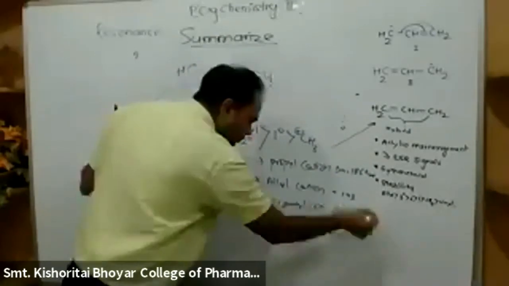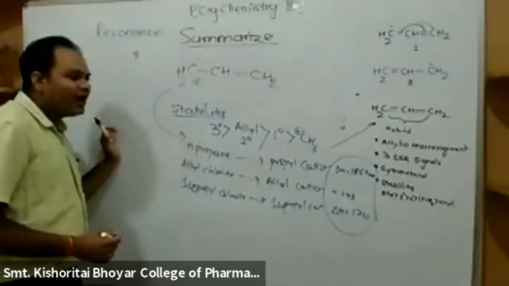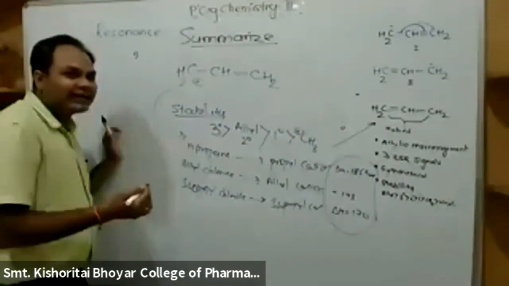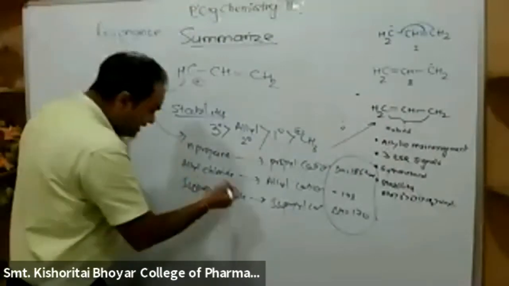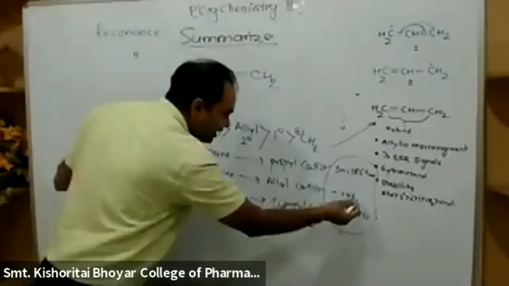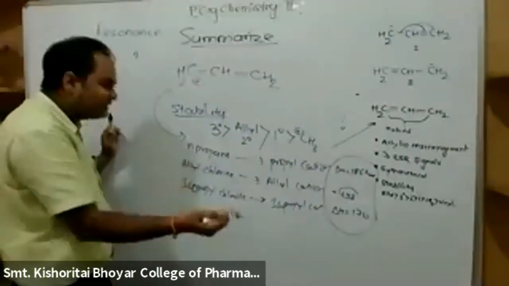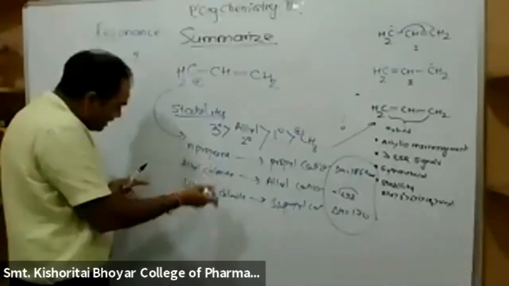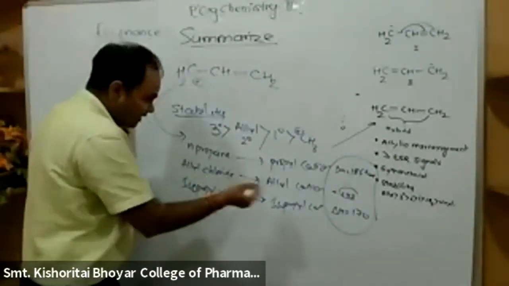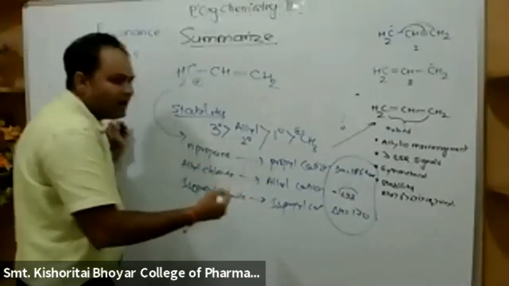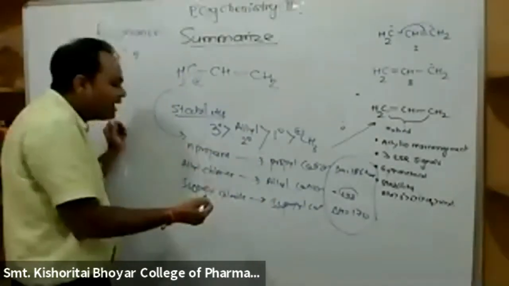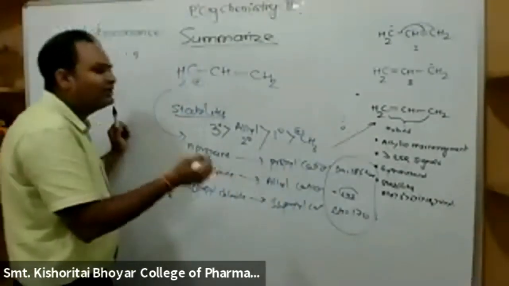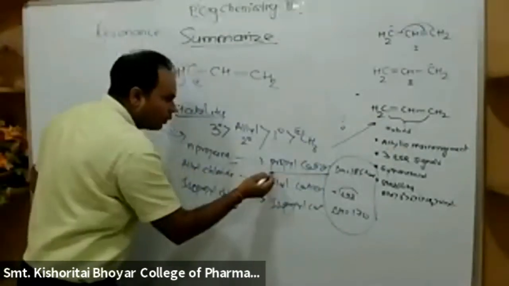Okay, so on the basis of the delta H, on the basis of the energy required to carry out the heterolytic breakdown to generate a corresponding cation, it again clearly indicates that the allyl cation requires around 12 kilocalorie less energy as compared to the propane. Because why I am taking this, because this contains 3 carbon, this contains 3 carbon, this contains 3 carbon. Okay, so when we compare the energy required to carry out the dissociation, we find out that the allyl chloride requires a delta H value 10 kilocalorie less as compared to the generation of propyl cation from the N-propane.